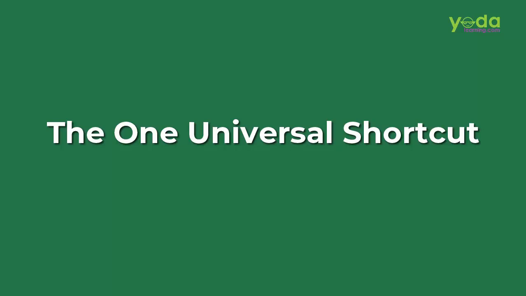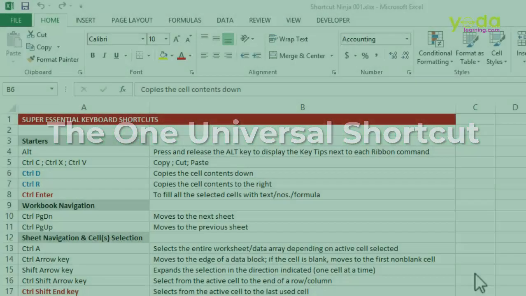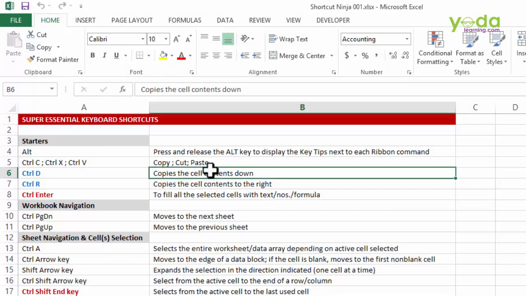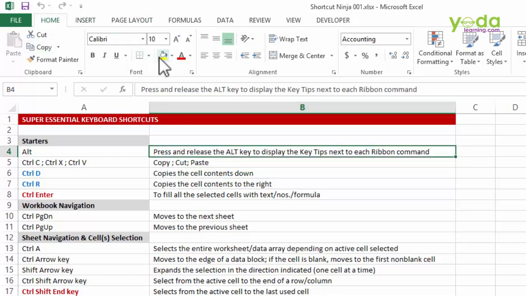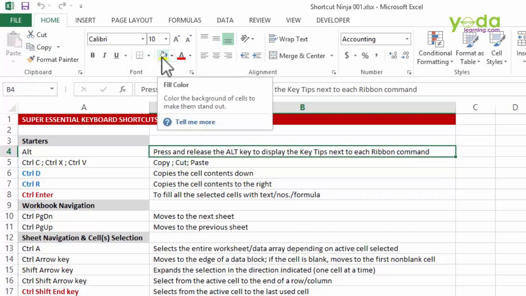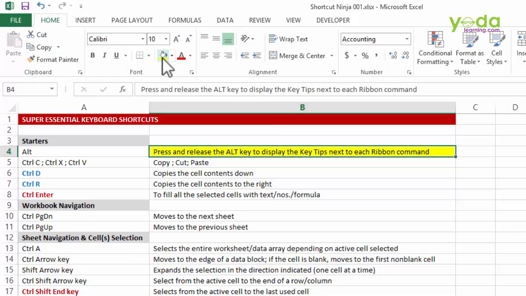Now what I've done is I've handpicked some of the very important shortcut keys which I'll be explaining through various examples. The first one was actually introduced in the 2007 version of Excel. For example, if you want to access a particular tab or a button from the ribbon, let's say fill color, and I do not know the shortcut key to activate that, then how do you activate that button without knowing the shortcut key? Sounds like a contradictory statement?